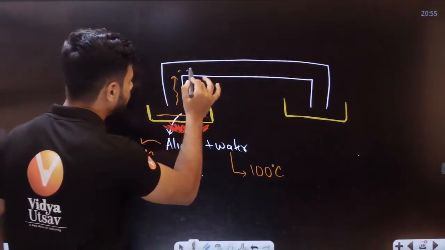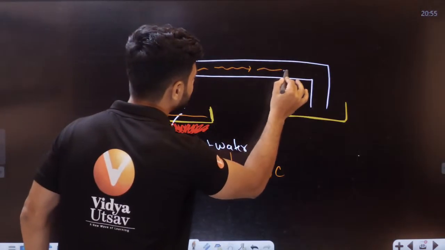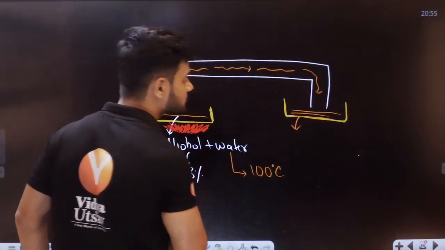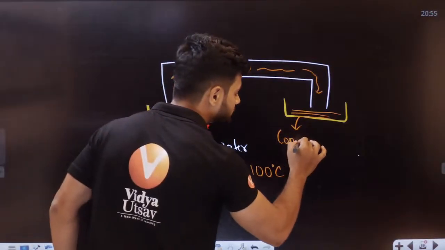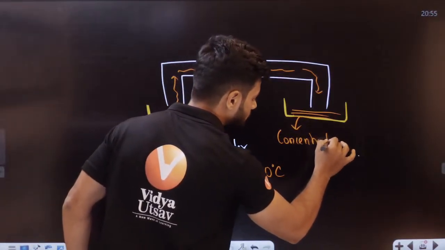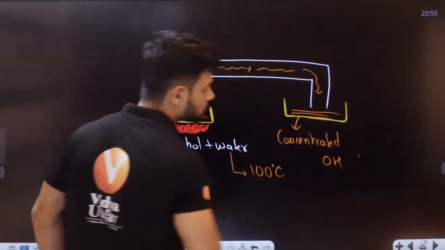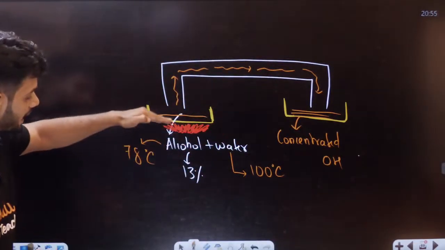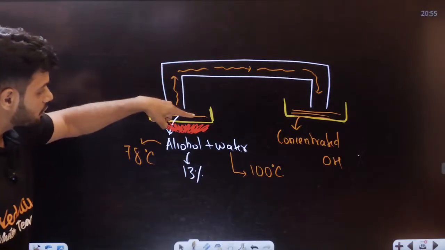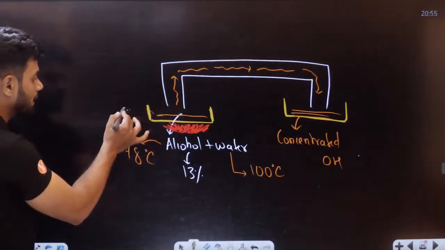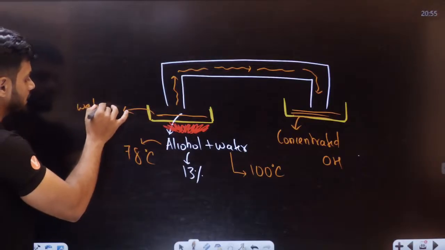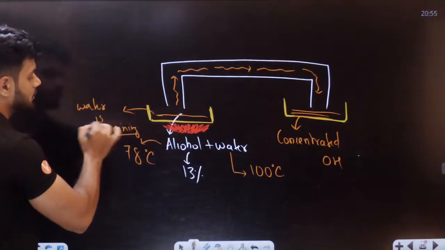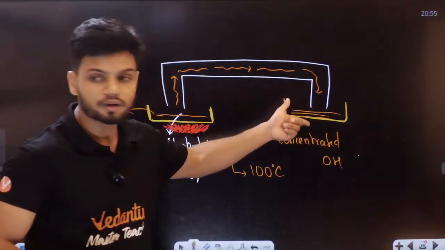So all the alcohol will evaporate nicely, and here we will cool down. So here we get what? We get concentrated alcohol. Yes or no? Here we get concentrated alcohol, because entire alcohol is evaporating, and students, the remaining part here is only water. Water is remaining. All the alcohol is this side.